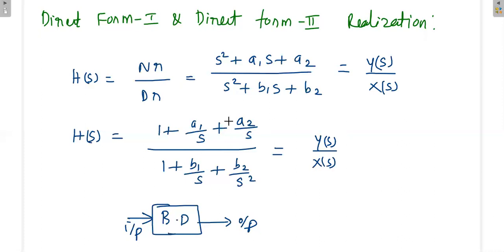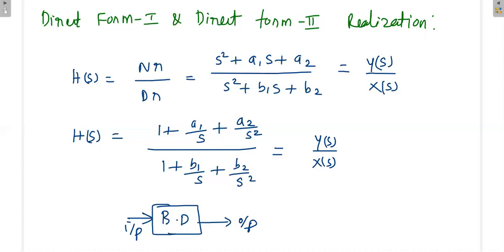That means you have to integrate X(s) one time. Here you have to integrate X(s) 2 times, because of 1 by s square. Similarly, once Y(s) comes here, you have to integrate your output one time, and here you have to integrate your output 2 times. That means there is going to be some interaction of the integration for the input as well as the output, and also the coefficients are there. Then how to use these coefficients and integrators in our structure?